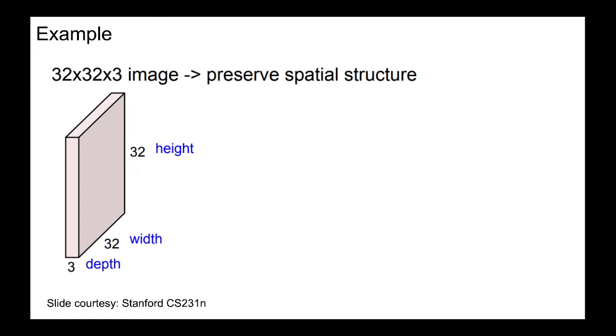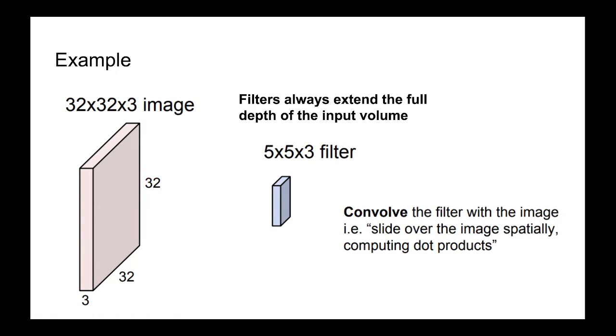So if my input here is 32 by 32, and also one more thing, say my image is an RGB image, then I will have 3 channels, right? One corresponding to R, G and B. So that is 32 by 32 by 3. So whenever we say 5 by 5 filter or 3 by 3 filter, we implicitly mean 3 by 3 cross the depth dimension. So here my depth dimension is 3, so the filter size is 5 cross 5 cross 3, because I'm moving this 3D volume over the 3D volume of my image,